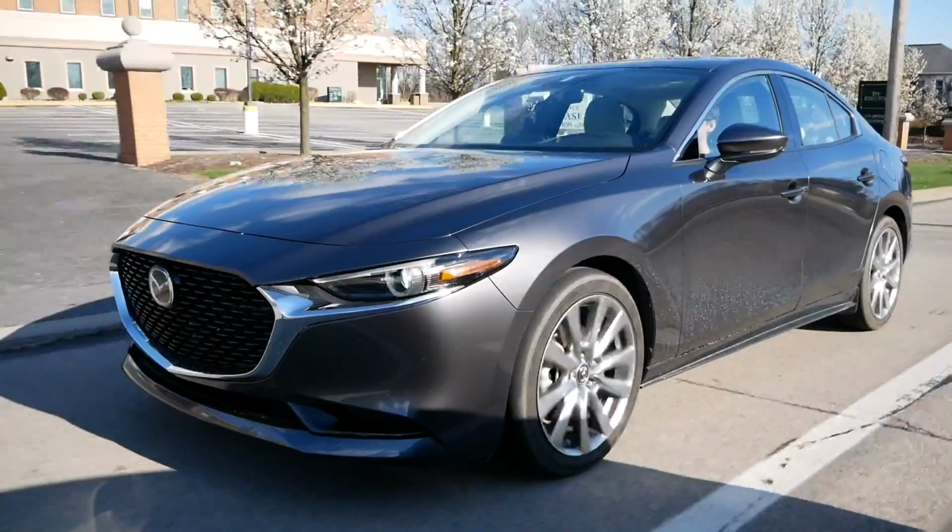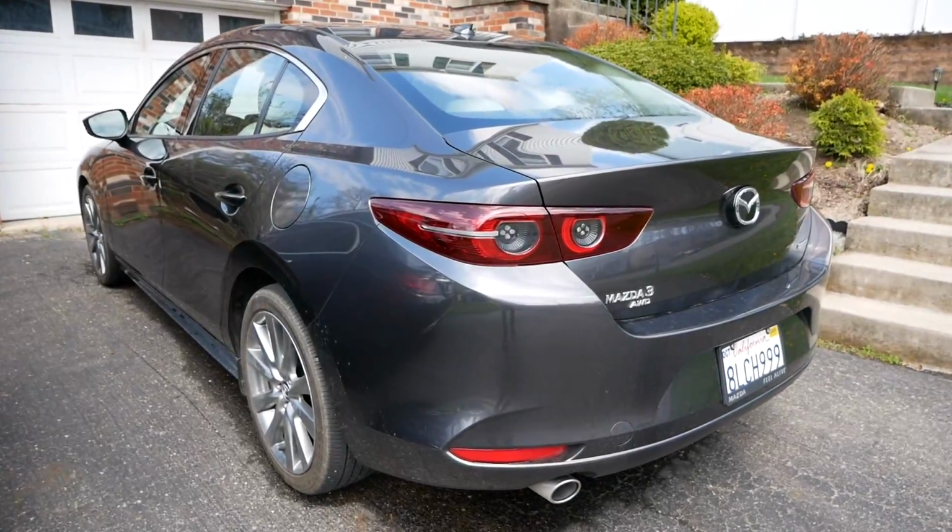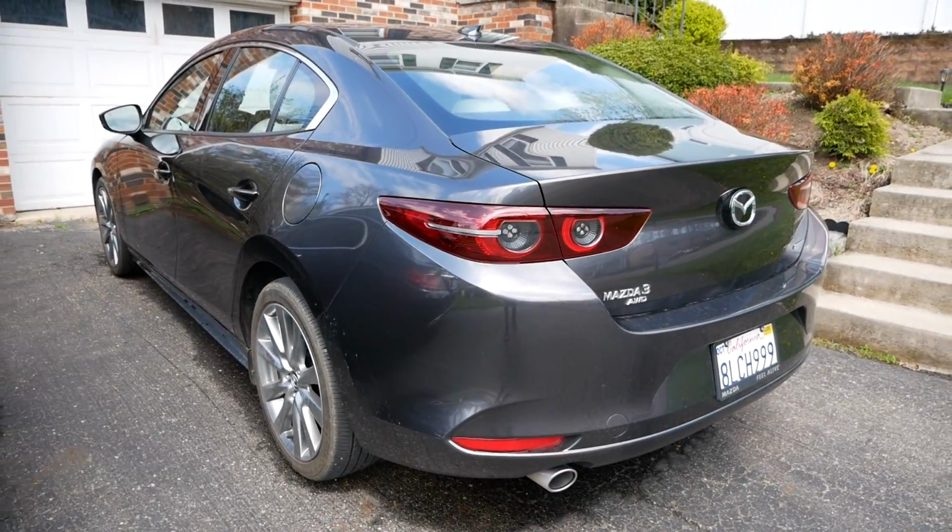Yeah, so we're going to be doing a full interior review here. This is the premium trim, so it's the top trim. This is also the all-wheel drive version for what it's worth. I do have a driving review that I'll be posting. You can go watch that if you want to hear all my thoughts on our week of driving around here